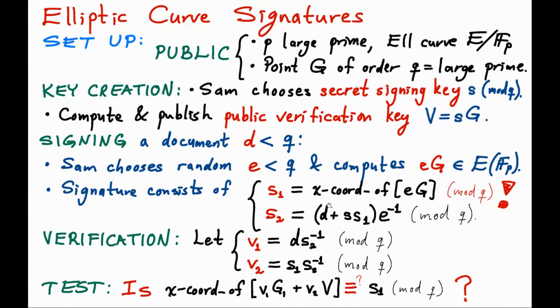In doing so, you transform something that was modulo P to something that is modulo Q, and now S1 and S2 are things modulo Q, and everything else works modulo Q. In doing the verification, you do arithmetic on the elliptic curve, which works at the level of modulo P. But at the very end, that coordinate has to be compared with S1 only modulo Q, in the same weird way that we identify the x-coordinate of this modulo Q, right? So the x-coordinate of this point and the x-coordinate of EG need not be the same, but they are the same modulo Q.